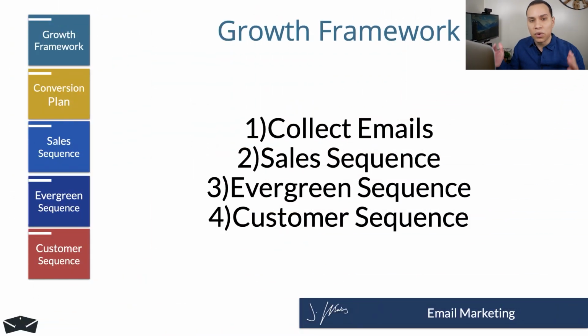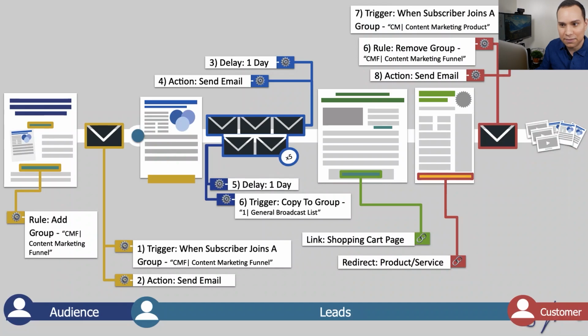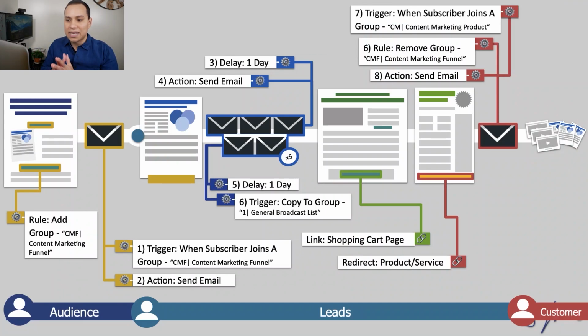Timestamps below along with some other helpful videos to getting the rest of your funnel and sales process set up. So here with our growth framework, we're going to be looking at how to actually collect those emails. Then we're going to go through the sales sequence, how to set up an evergreen sequence for people who don't ultimately buy your product or service, and of course, create a customer sequence to make sure that people are happy and ready to engage with your product, as well as all of the automations and click by click settings in between.